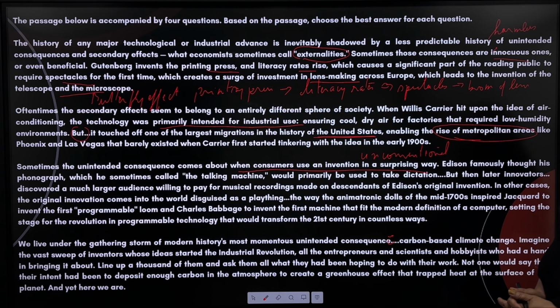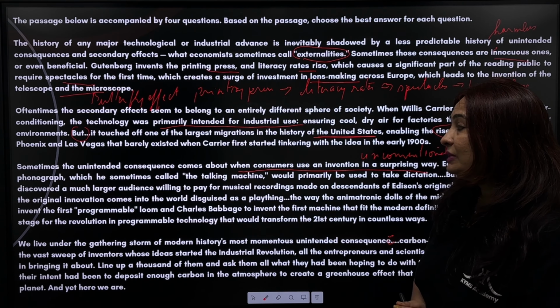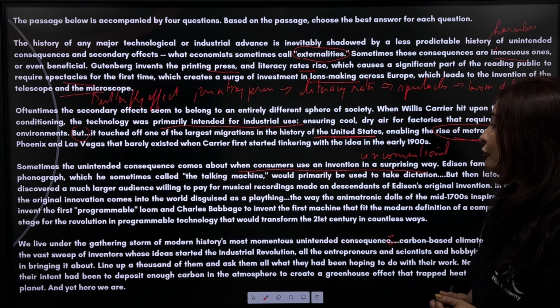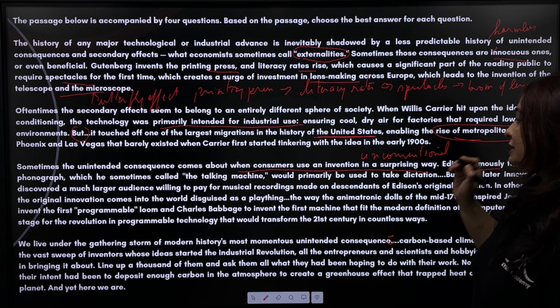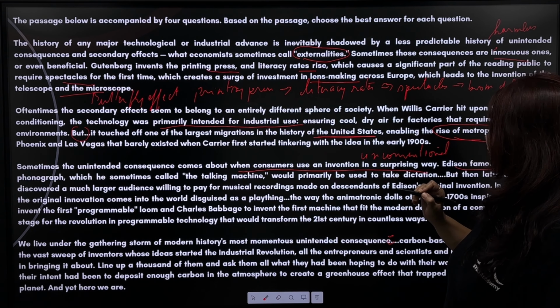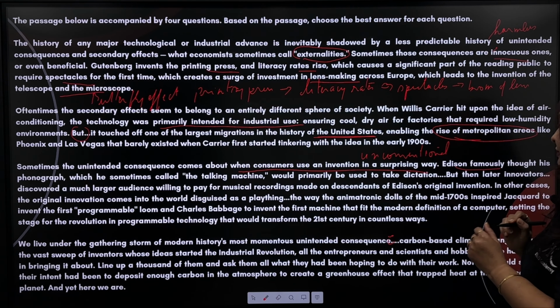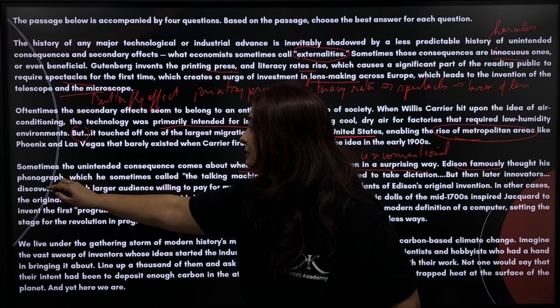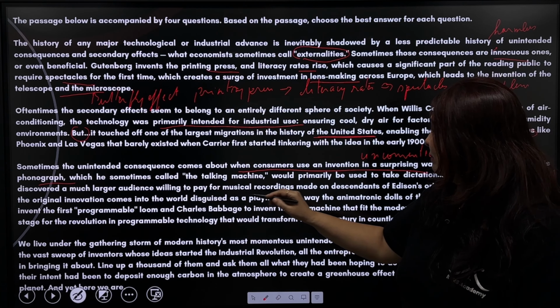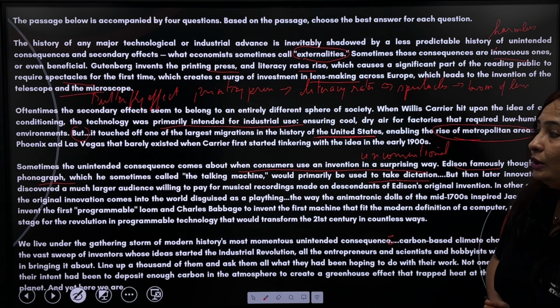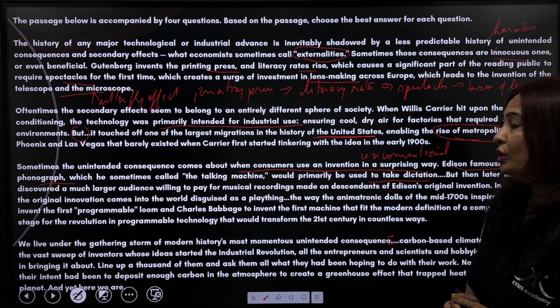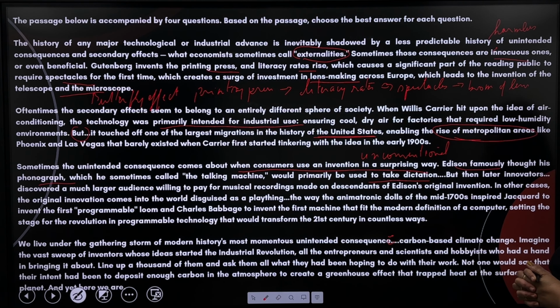Edison famously thought his phonograph, which is sometimes called the talking machine, would primarily be used to take dictation. So this phonograph was the invention of Edison, and it was meant for taking dictation. But then later, innovators discovered a much larger audience willing to pay for musical recordings made on descendants of Edison's